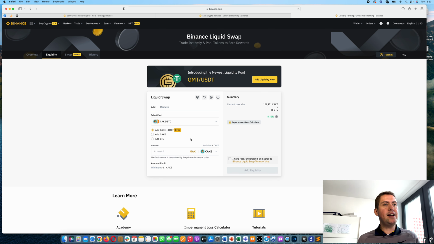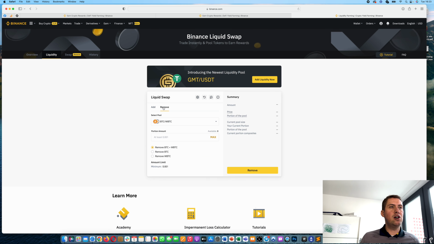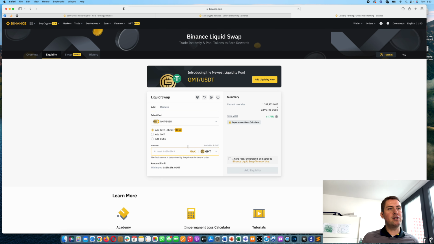However, that's basically how it works. You can just add cryptocurrencies here, or if you want to remove them, you just go here and remove the cryptocurrencies you have on liquid swaps. It's basically risk-free. Disadvantage is you have to